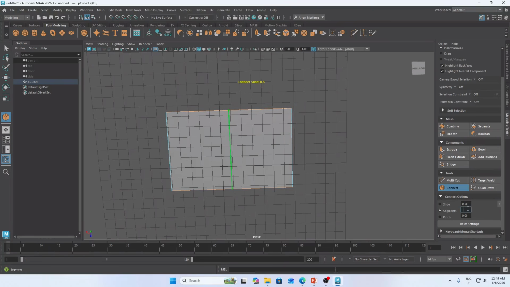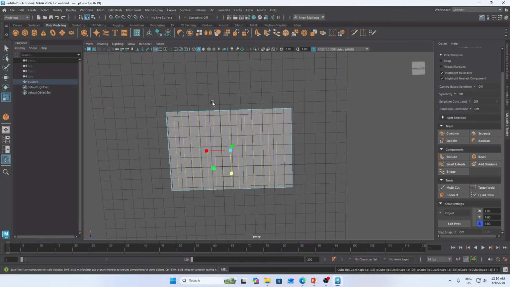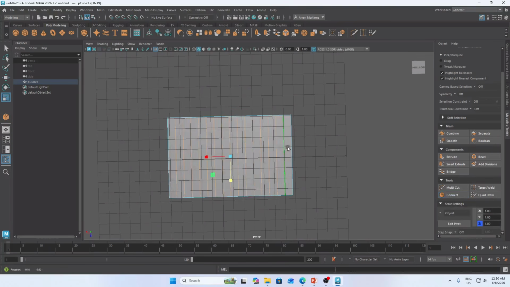Just think of it, no? For example, I want it to have like 15 segments. Okay, I will press enter here in our viewport to have an effect. So just press enter. Now, the next thing that I will do is highlight it horizontally.